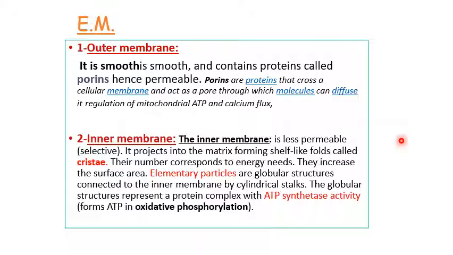While the inner membrane is less permeable, it is selective, projecting to form shelves called cristae. The number corresponds to the energy needs. The more the cristae, the more the energy production, as these cristae increase the surface area containing the elementary particles,